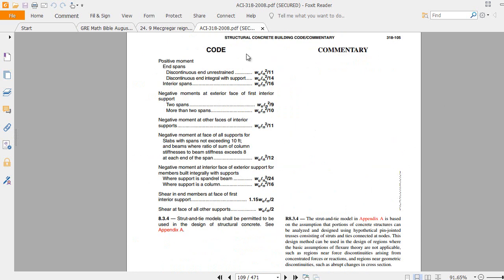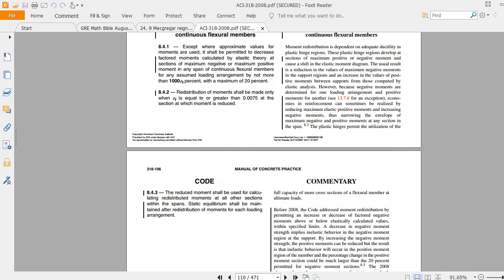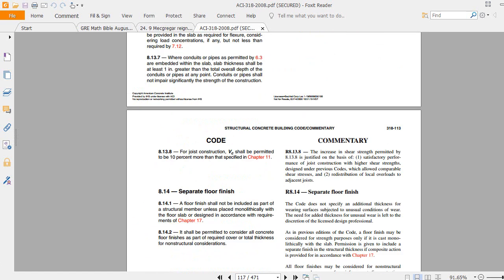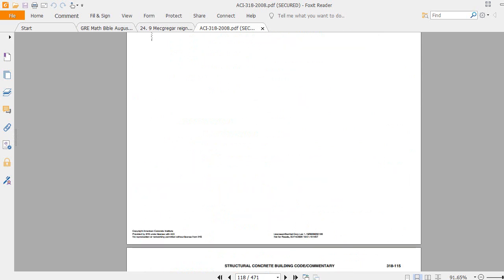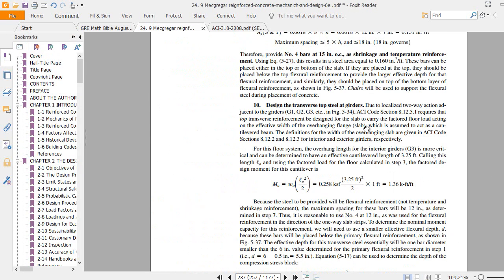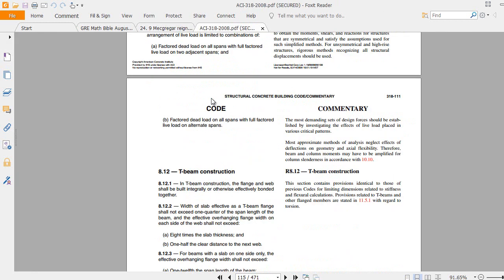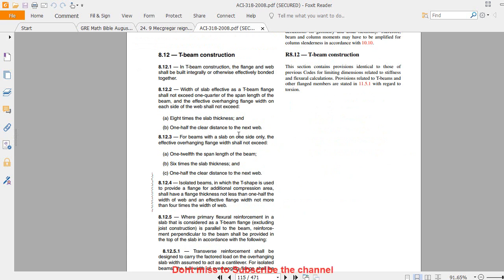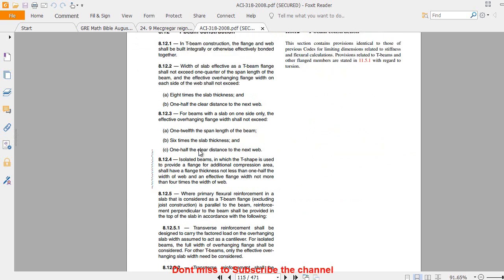These are the coefficients which are selected. We will choose Wu ln by 24 and Wu ln by 16, as well as other coefficients. The next one is 8.6, I think. Yes, let me check it. 8.12. Here we have a T-beam construction, and in the T-beam construction, remember that